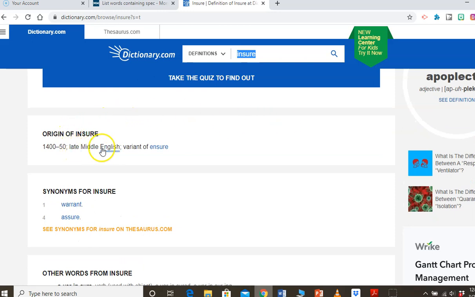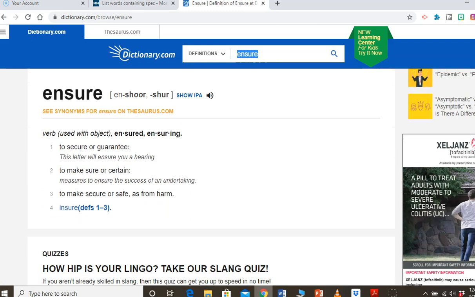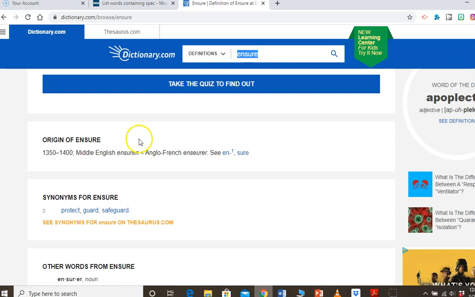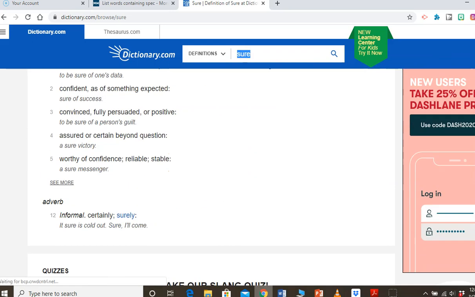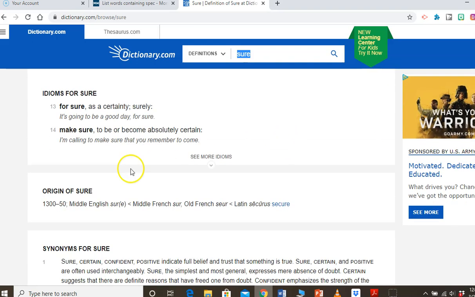Origin of ensure, late Middle English, a variant of insure. Click there. Okay, we've got to go down a little further. Ensure, okay, origin, Middle English, Anglo-French. We're getting closer, ensure. How about just the word sure? Going down a little bit further, there it is, 1300 to 1350, Middle English, Middle French, Old French,